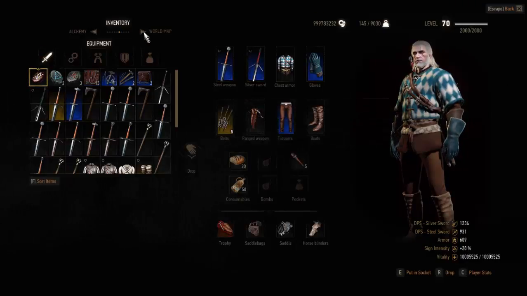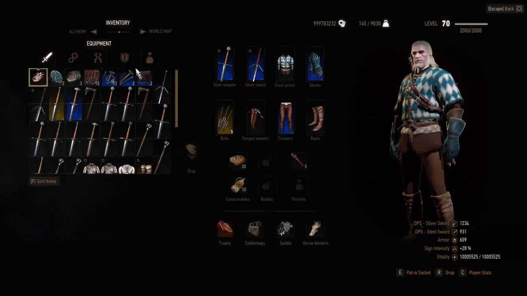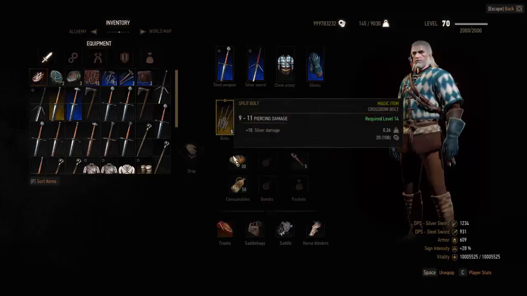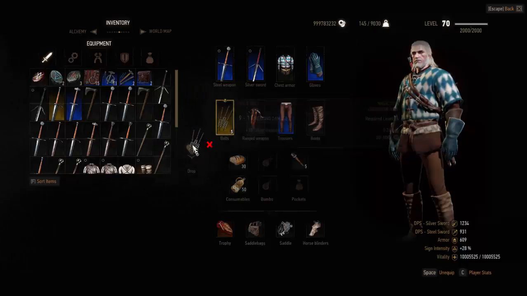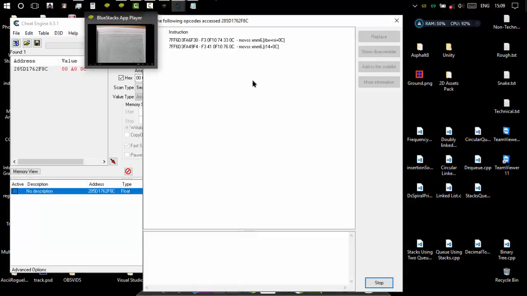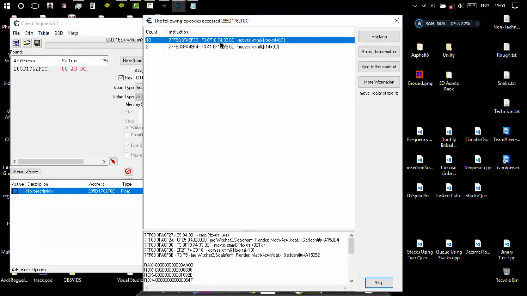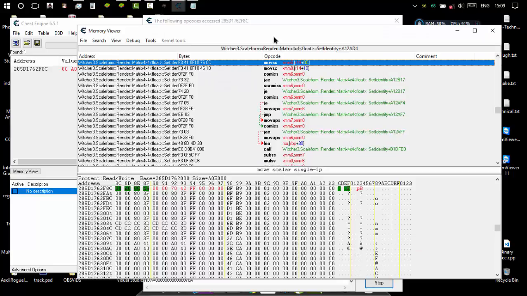To change it, you could drop something. Let us drop something which changes my weight. Let us drop this. Did my weight change? No. Yes, my weight changed. So now we could go out of the screen. See, these two instructions are accessing my max value. Excuse me. So you could go to the disassembler